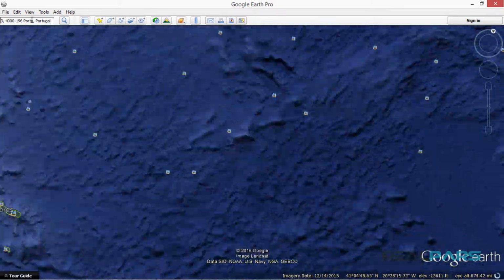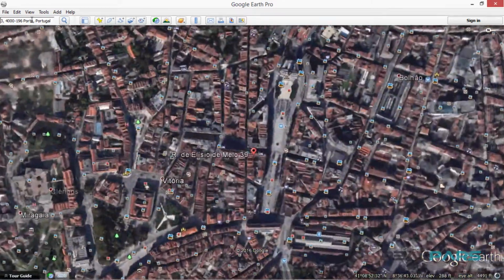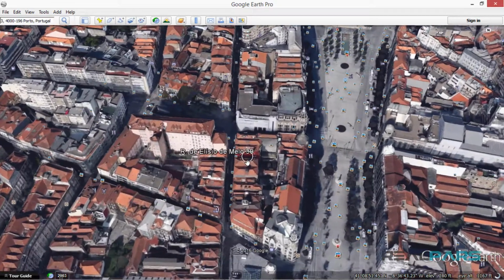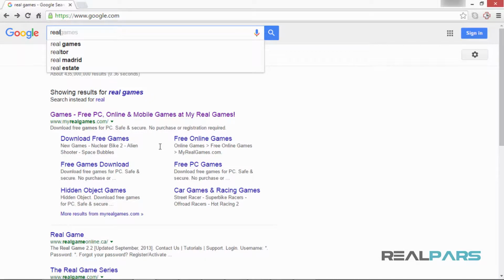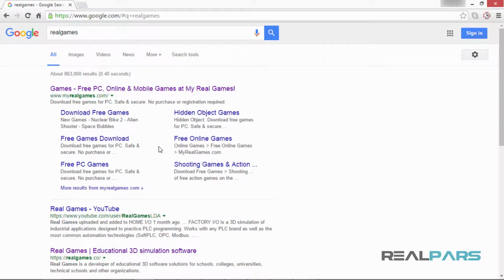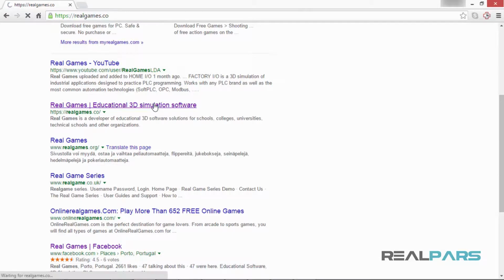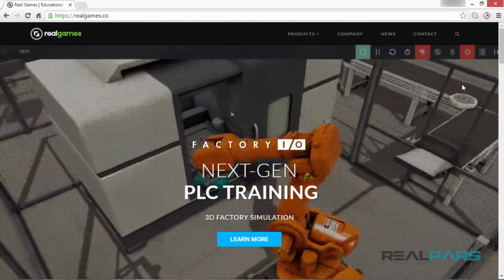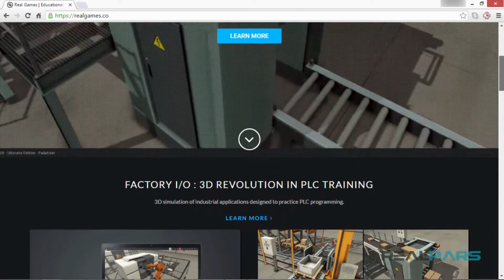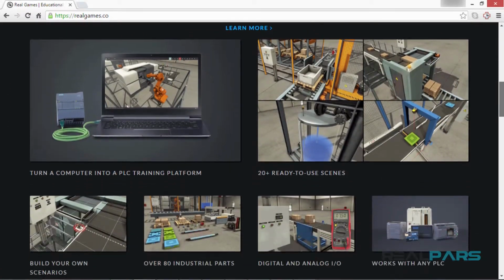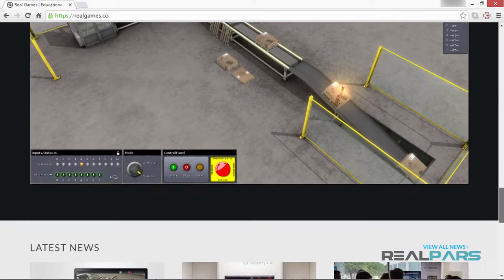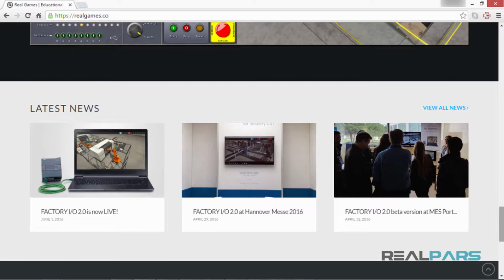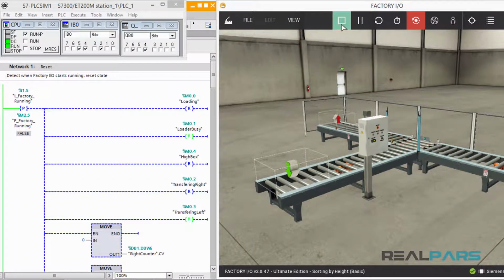We recently reviewed a partnership request from a European company based in Porto, Portugal, named Real Games. They're focused on creating 3D education simulators, and one of their main products is a 3D PLC simulator named Factory I/O. To be honest with you, when we first received their request, we thought this was just like the other partnership requests that we usually get, and like everyone else, they've got a mediocre product and just want us to promote it. However, after reviewing their software and playing with it a little bit to see if it's something that